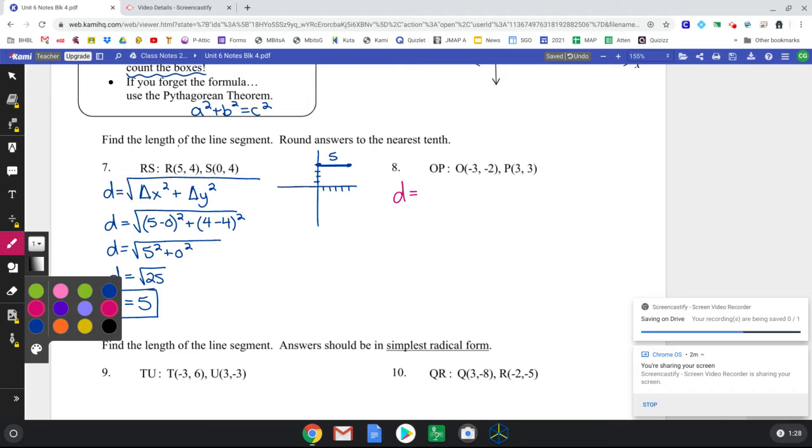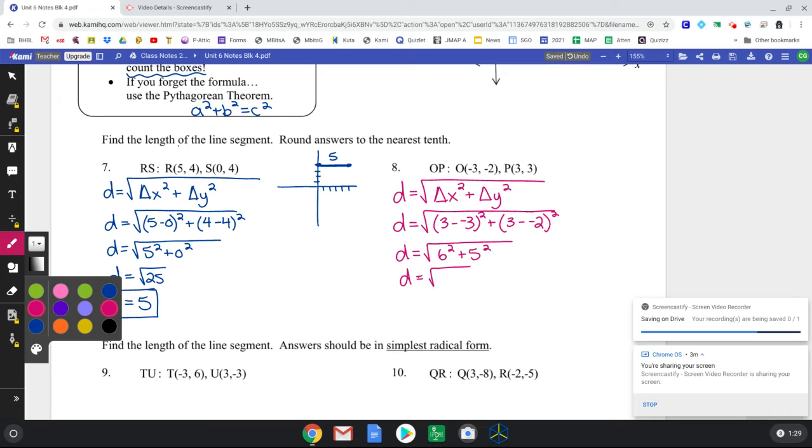So my distance formula, square root of the change in x's squared plus the change in y's squared. Plugging in my points, we've got 3 minus negative 3 squared plus 3 minus negative 2 squared. So 3 minus negative 3 is going to give me 6 squared. 3 minus negative 2 is going to give me 5 squared. So evaluating this, we've got 36 plus 25. So my distance between the 2 points,